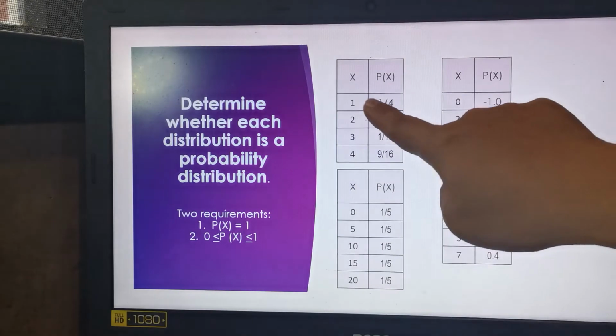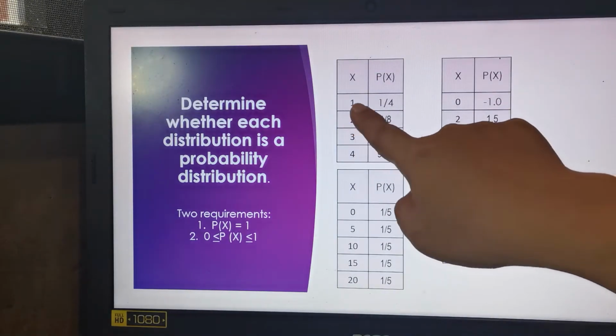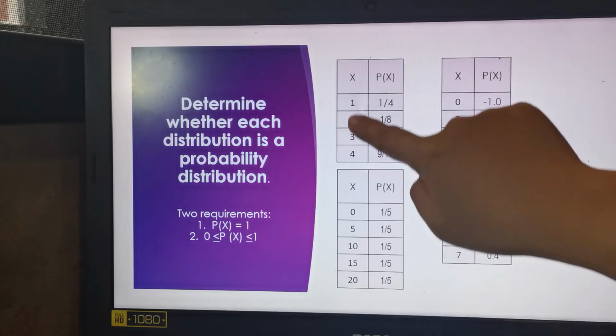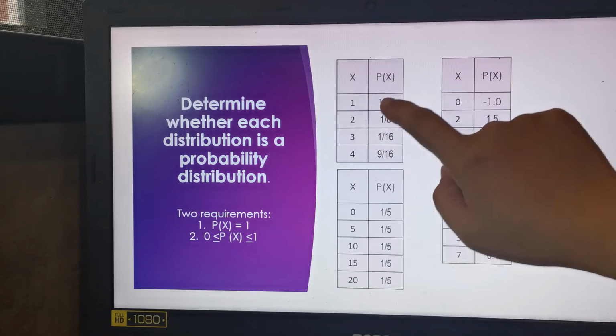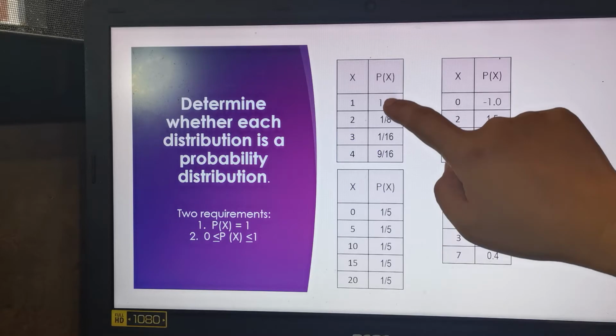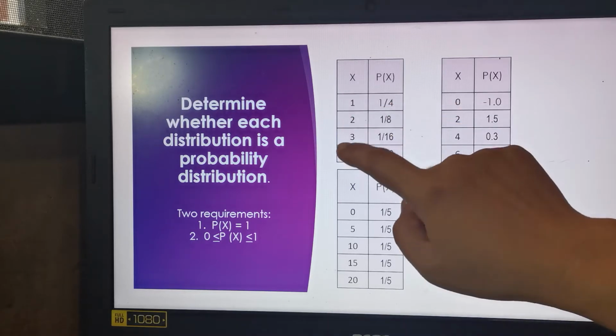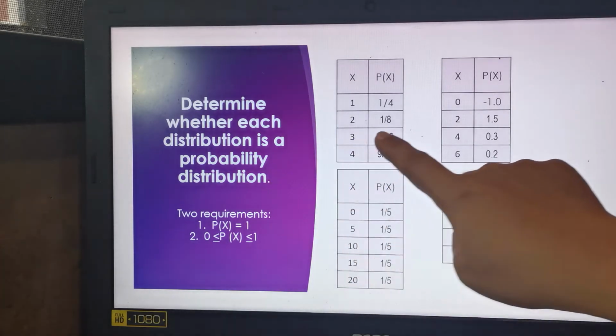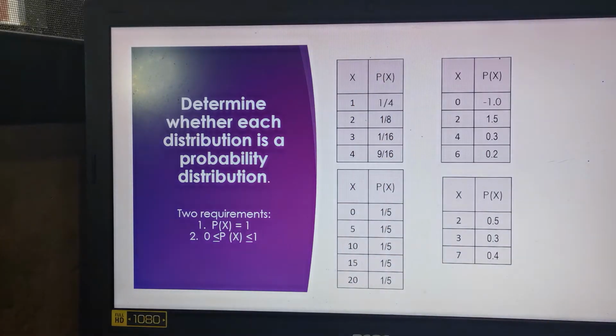Okay? And so we have here, the first one, we have this is our x. These are the possible outcomes, and ito yung mga probability nito. I don't know what experiment this is. Ang kailangan lang natin malaman ay kung ito ay probability distribution. Okay? So, let me get